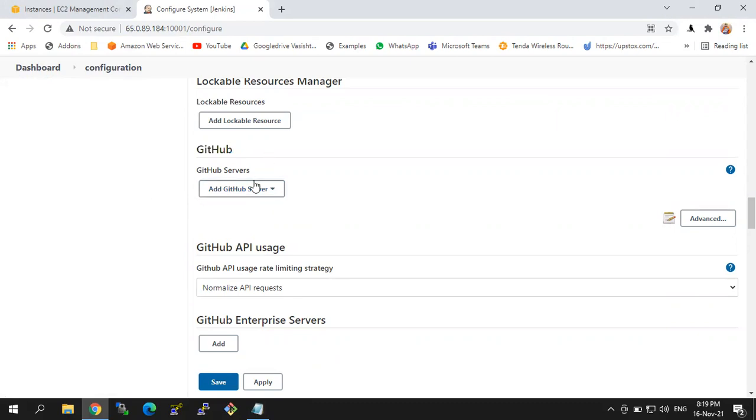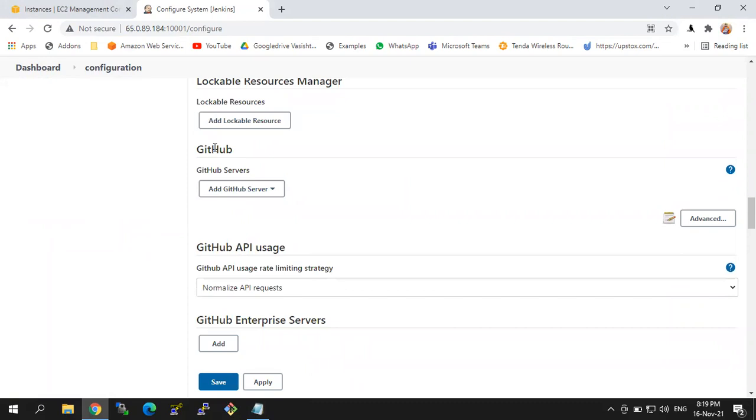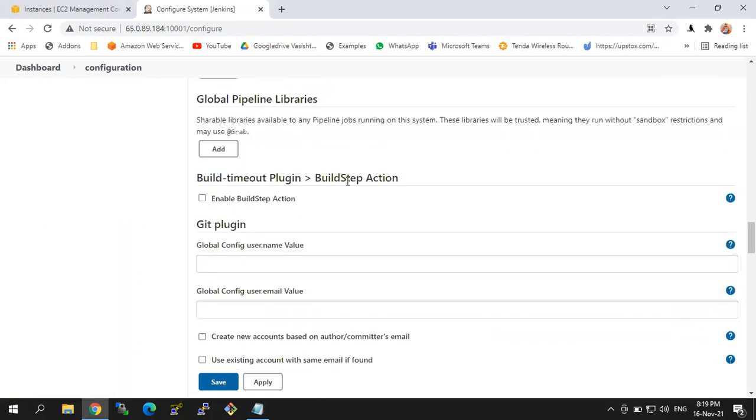Okay, so this part also we will work on in future. I'll explain again at that time. All the server related information you can add here. So next,